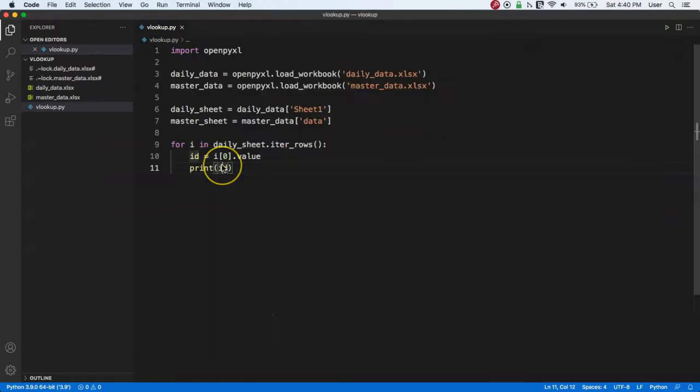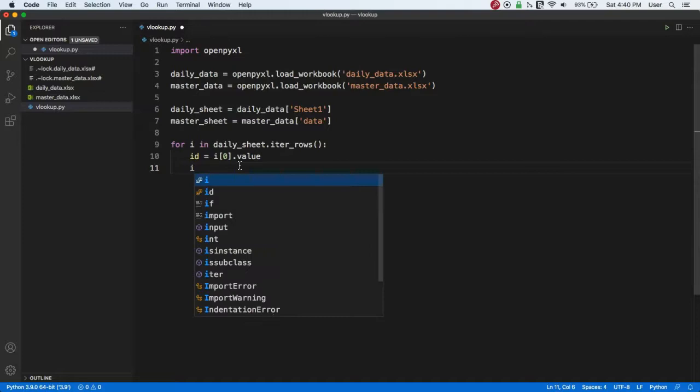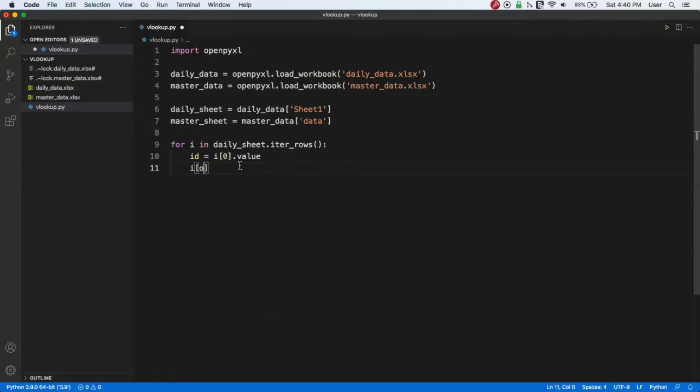Now we need to grab another thing from this daily sheet, and it's the row number. Basically we will use that row number later, and you will see in a little bit how we will use it. But before I show you that, let's first grab that value. To grab a row number, all you have to do is call the cell and add the .row method,